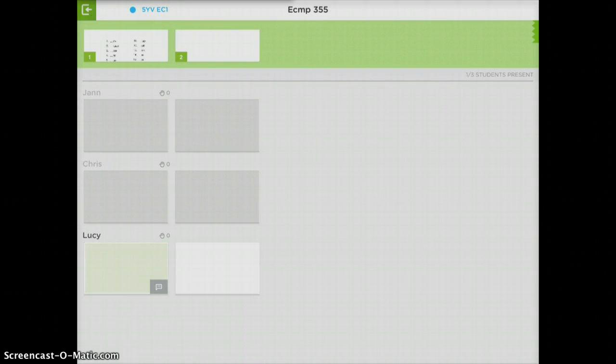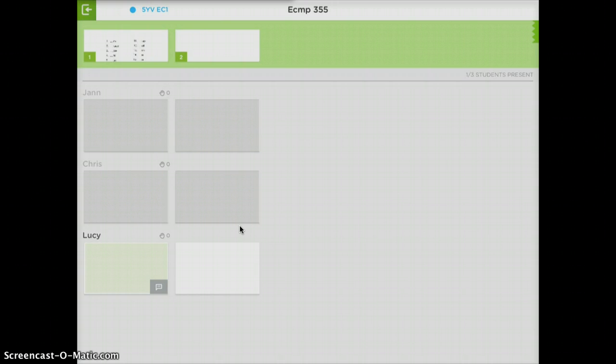So when you're in the teacher screen, you can see all of the students who have previously logged in or are in your roster, and also the ones that are currently active. If you want to change who's in your roster, you can just go back to that main page and delete people off the list if they're not in class that day, or they're not part of the right class. But here you can see that I've got three students here. Two are grayed out because they're not currently active, but this student here is actively working on her assignment, and